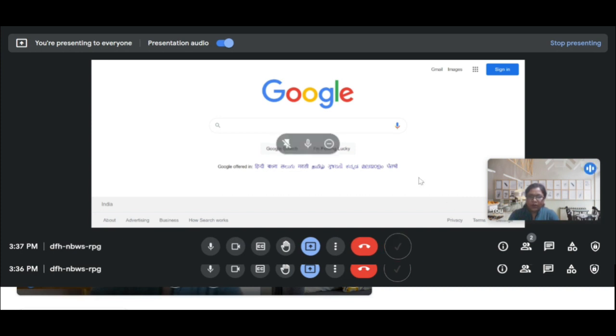So we can say we have access to the presented content as well as the camera. Earlier it was showing only the rectangle that you are presenting to everyone, but now it is also showing me the presented content. So here my picture is coming in PiP mode, and the presented content is displayed on the screen.